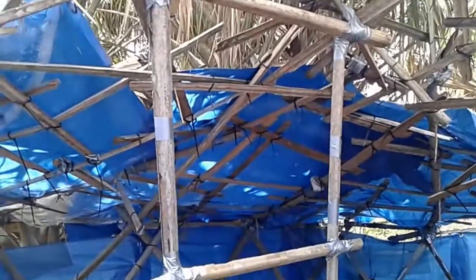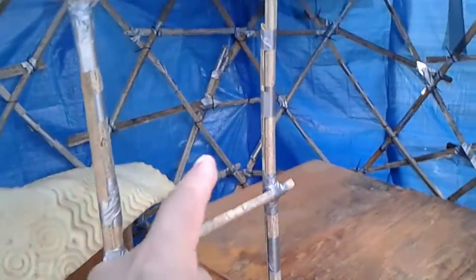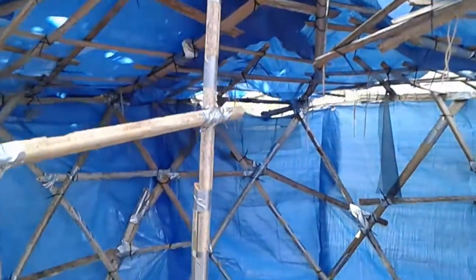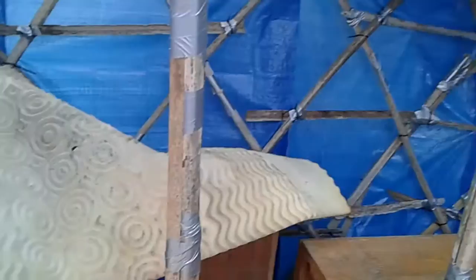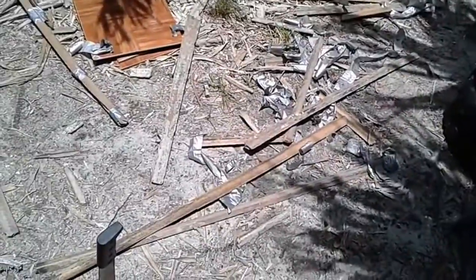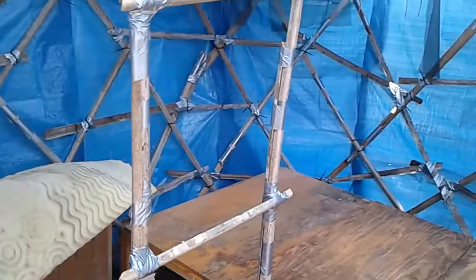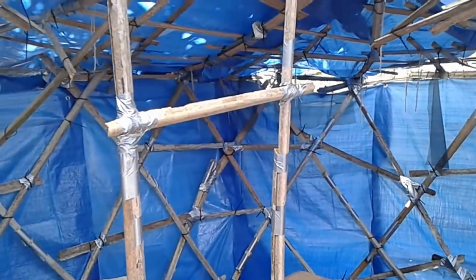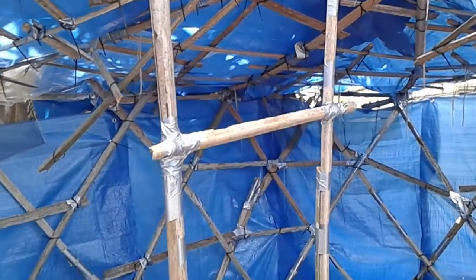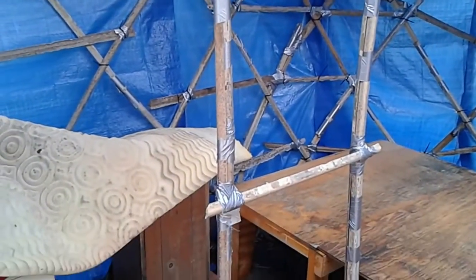As much as I wanted to make 4 beams, 4 poles going across the center here to make the structure stronger, I had to stop at 2 and reinforce it because I have run out of building materials, i.e. duct tape. And also, it's getting harder and harder to find fronds that are long enough to try to assemble beams there. I'm going to look for some more fronds, but I have to run back to the store to get some more duct tape. And that's quite a haul, so I'm not going to be able to do any more with the